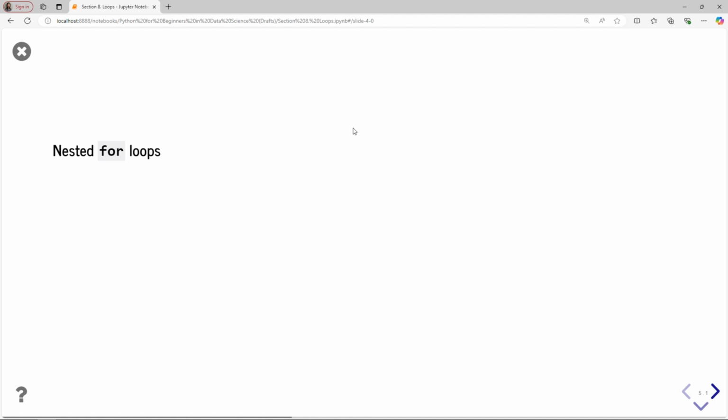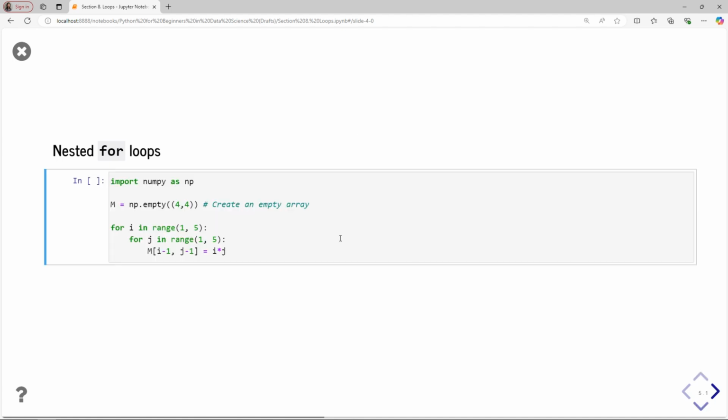Sometimes we need to use multiple layers of for loops. Let's see this example. So we first import a NumPy package. Then we create an empty matrix or two-dimensional array using the empty function. You just need to specify the number of rows and number of columns in the array, and then we call